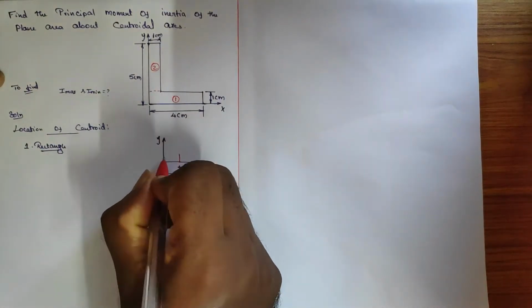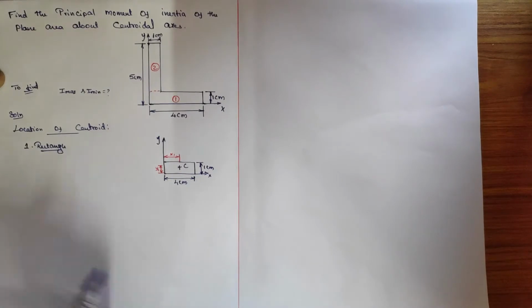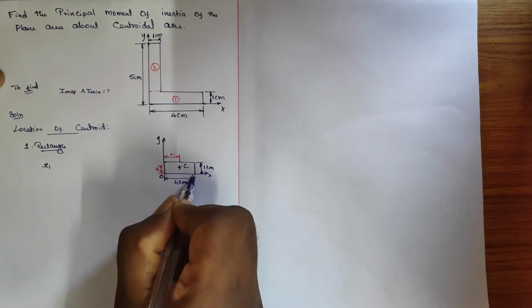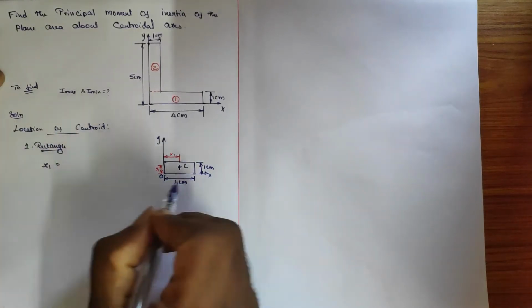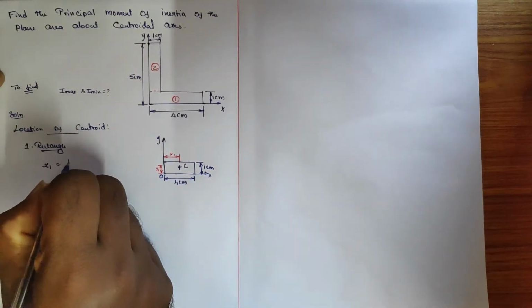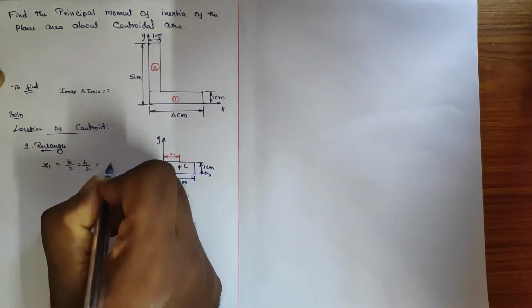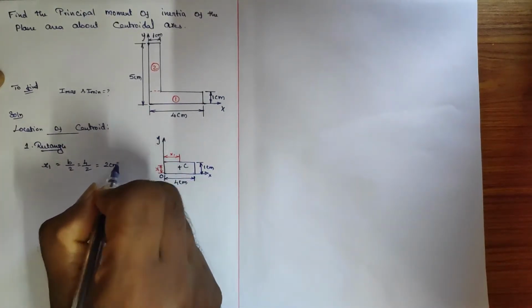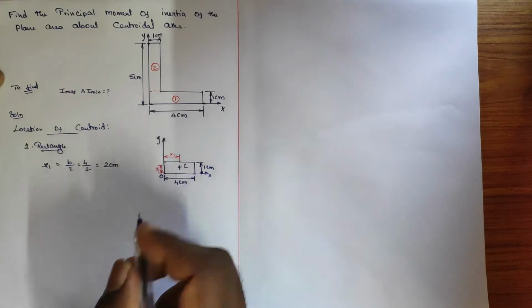Here x1 and y1 we need to find, right? So x1 is from O. Directly put the self-centroid formula. Rectangle, in the sense, length divided by 2, so b divided by 2. Here we get 4 divided by 2, the answer will be 2 centimeter. Okay, 2 centimeter. And then move to the next one,